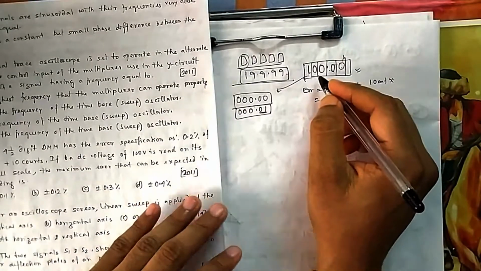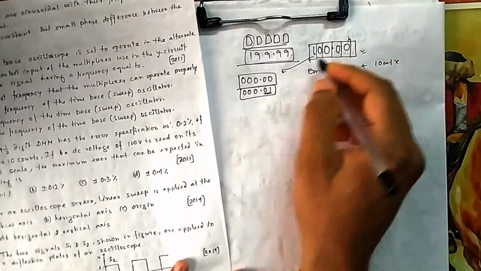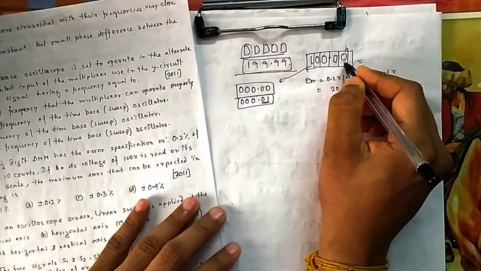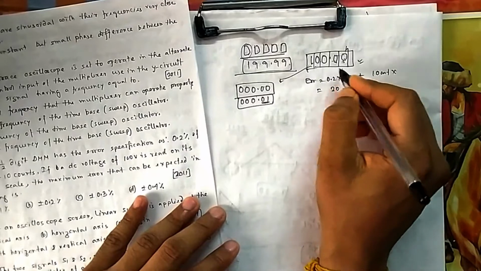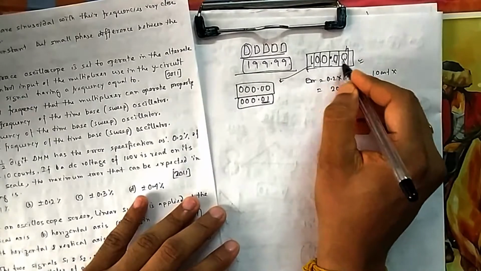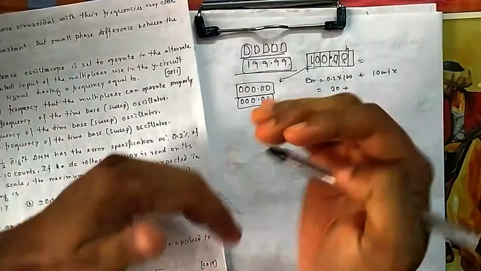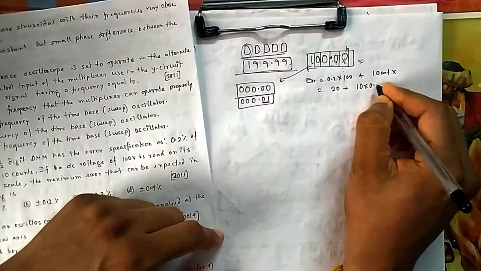We can also divide by 20,000 into 200, but that's not required, you can see it just by looking. So this is the measure. What is the minimum that you can change? You can change it to 1. So if it is changing by 1, what voltage are you getting? 0.01 voltage is changing. So each one count, if you go to the next step, gives 0.01. So 10 count means 10 into 0.01.